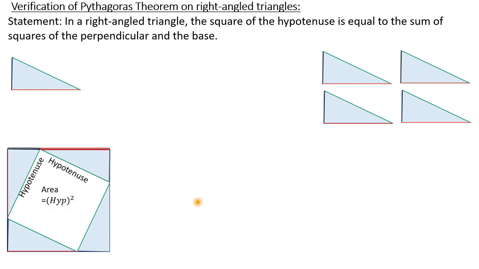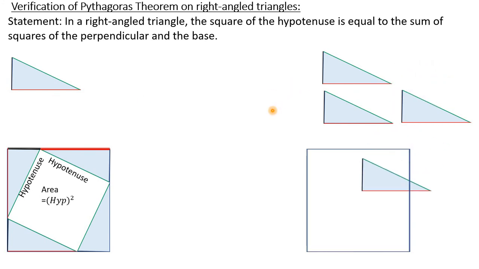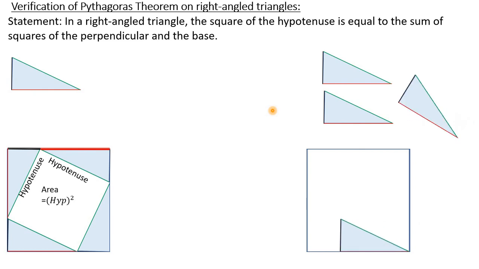Now we are going to take an exact copy of the square which we took earlier. As you have seen in the animation, it's exactly an exact copy. Now we are going to arrange these 4 right angled triangles, which are exact congruent copies of the given triangle. We are going to arrange them as shown in the figure. See the animation, it will be easy for you to understand.